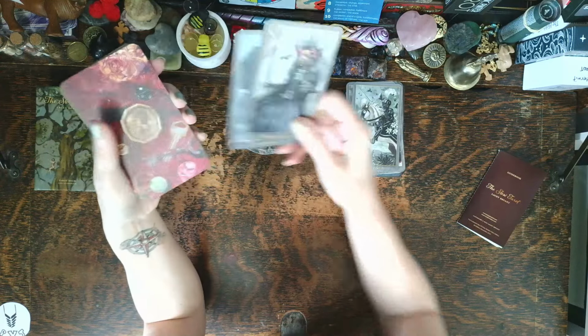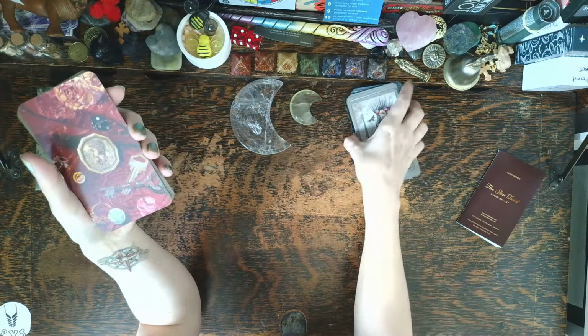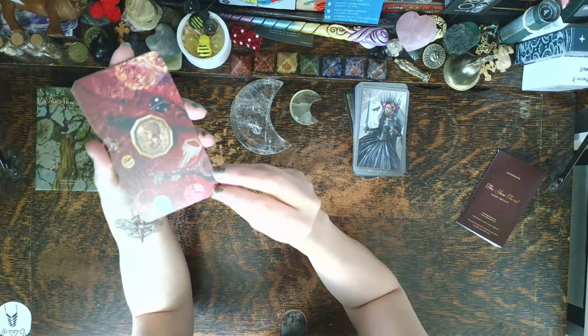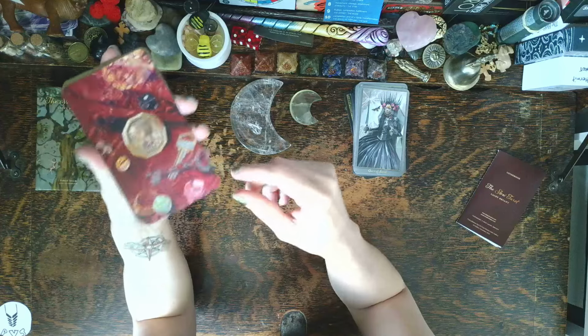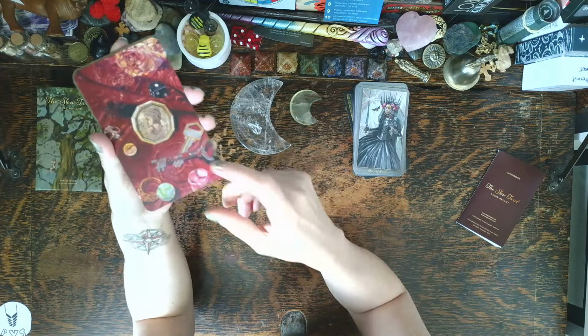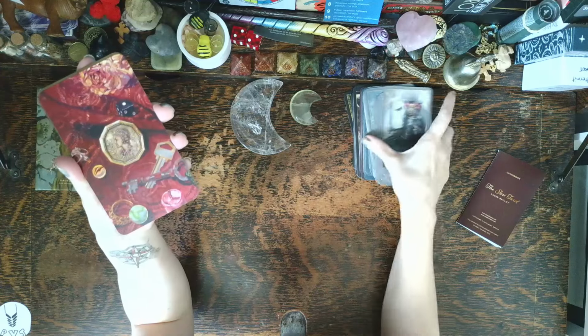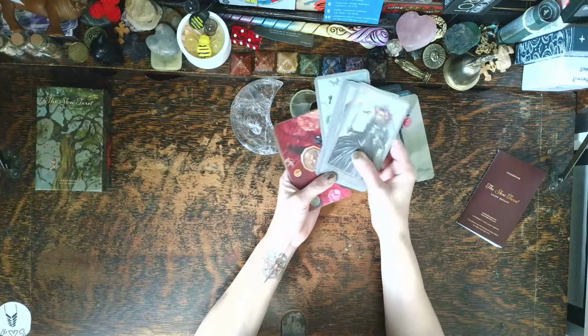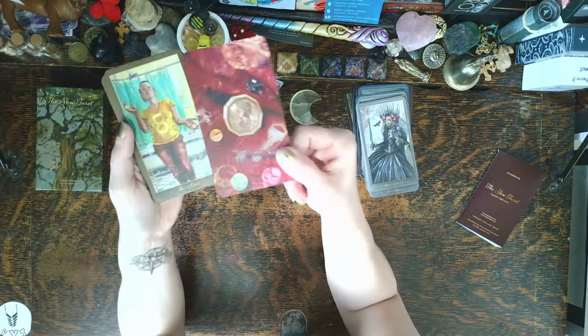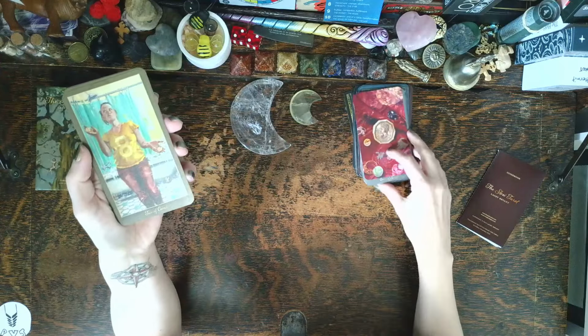Beautiful. All right. Wow. Whew. Okay, we're in Pentacles, Linda. Keep it together. Look at the marbles. This is a beautiful Ace of Pentacles. I love it. And there's no border, which is interesting because there's no border on any of the aces, only on the rest of the cards. So Ace of Pentacles, 2 Pentacles,